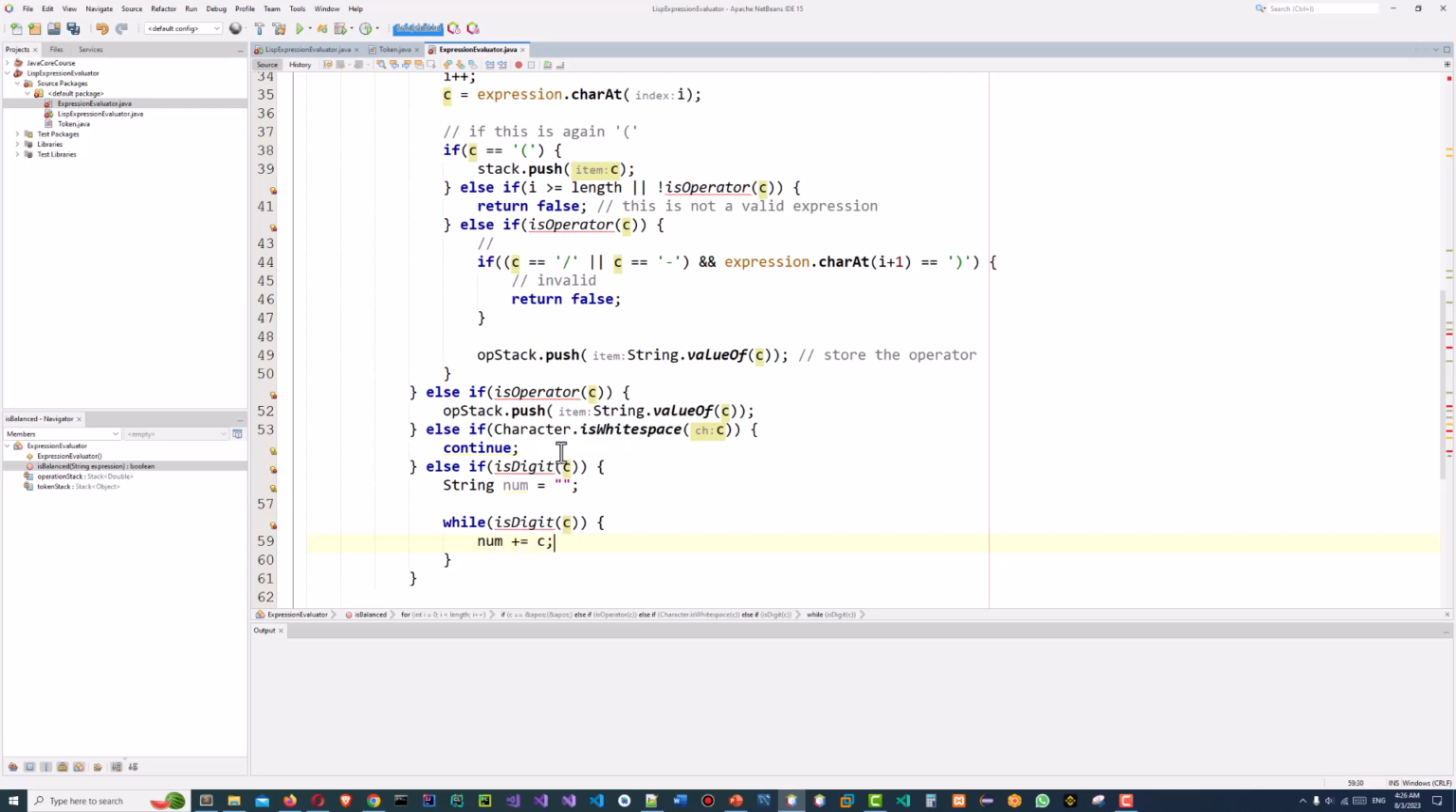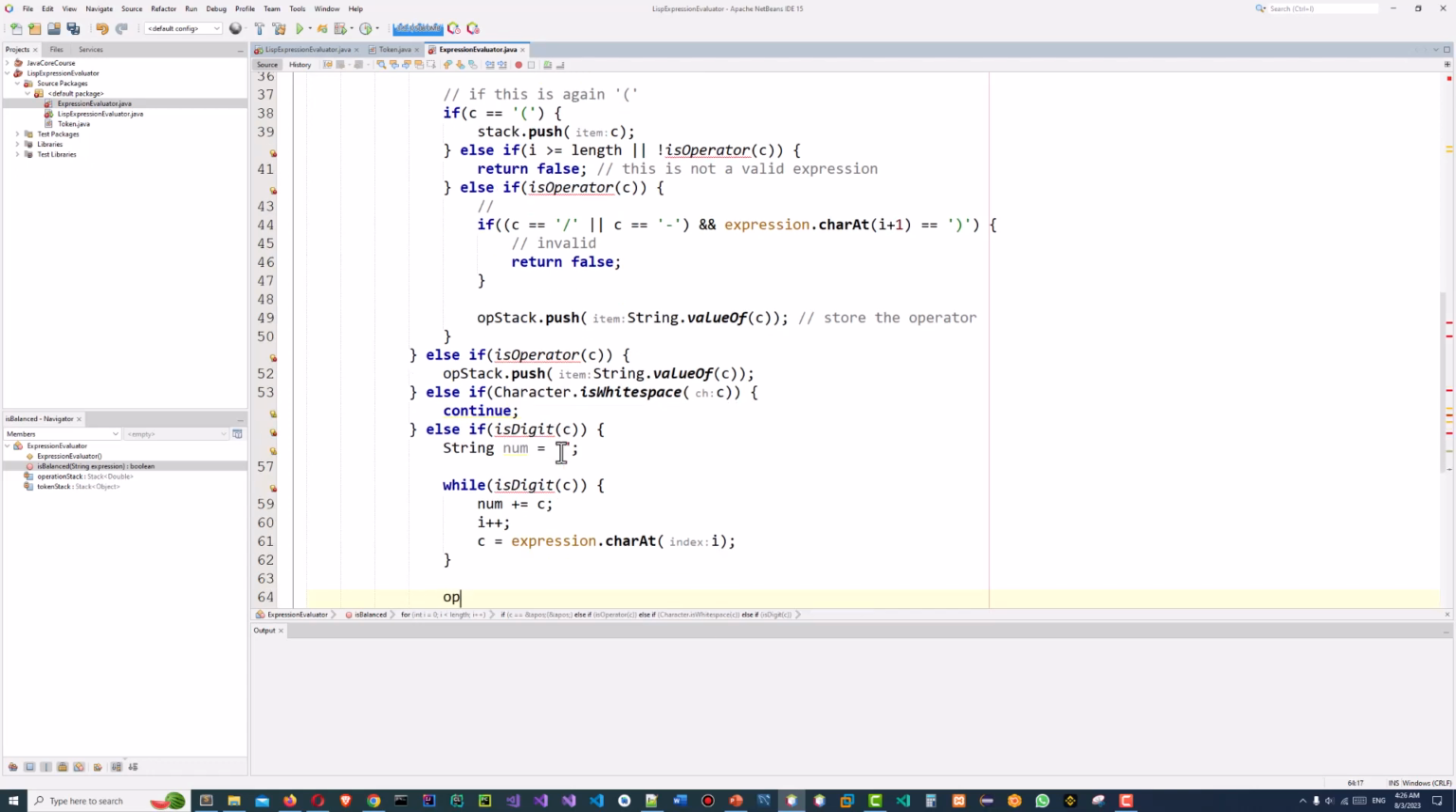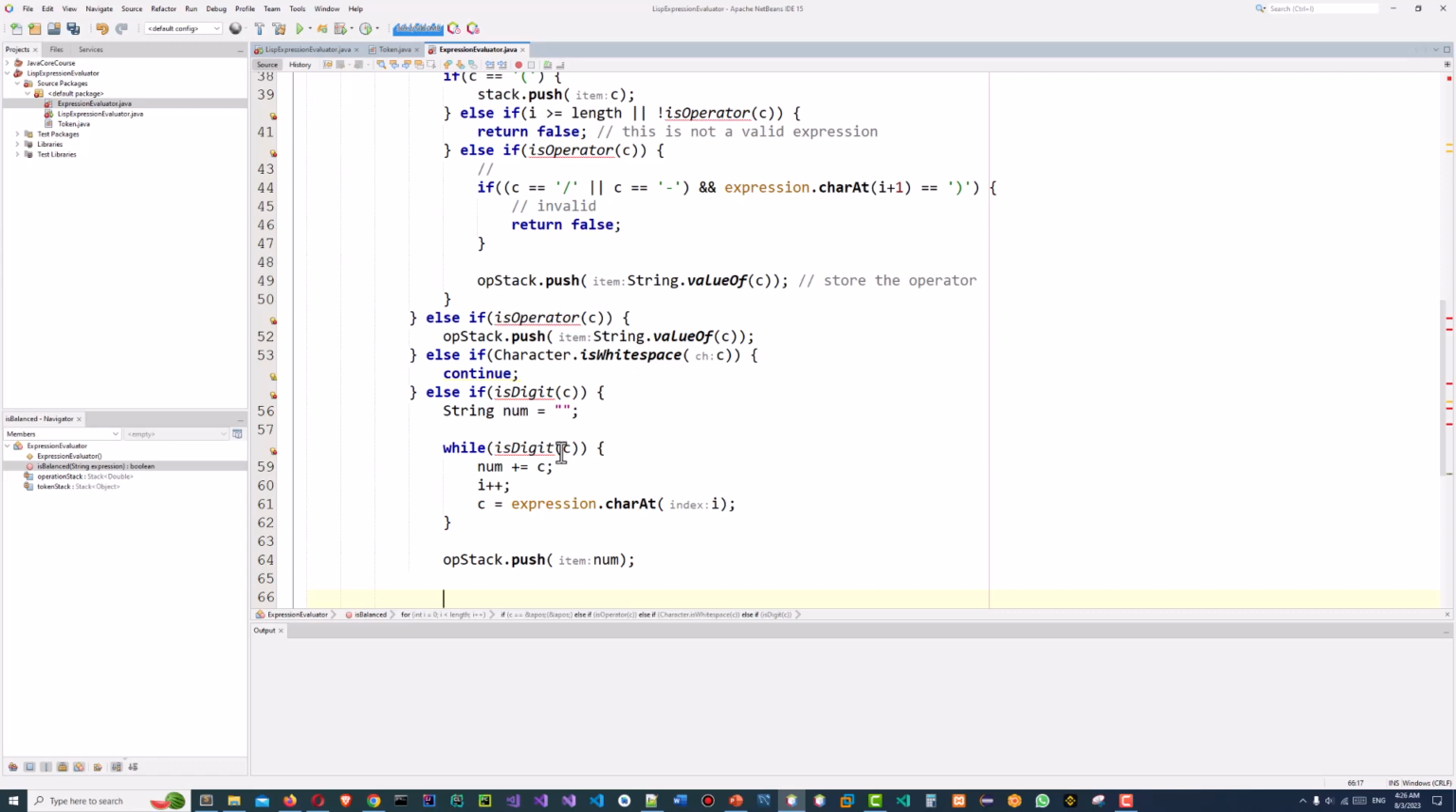Num plus C and I plus plus, and read next character, expression dot char at I. Okay, now we will push the number to the OOP stack. Okay, now check here if it is closed. If we see the C is equal to closing parenthesis,